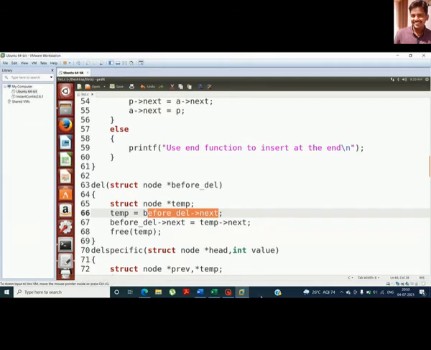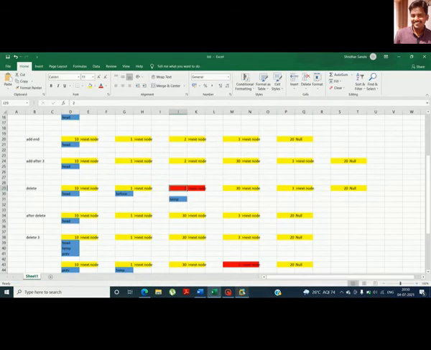Now if I delete this node, the before node's next should point to the node after it, right? I can get that address by accessing temp of next. So temp of next, I will put it here. This is how I will do it.